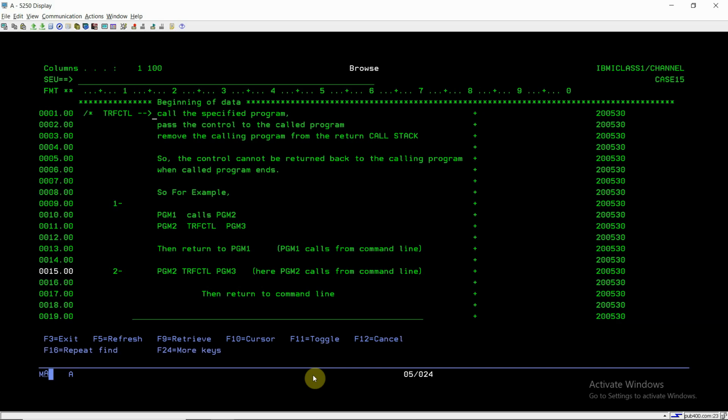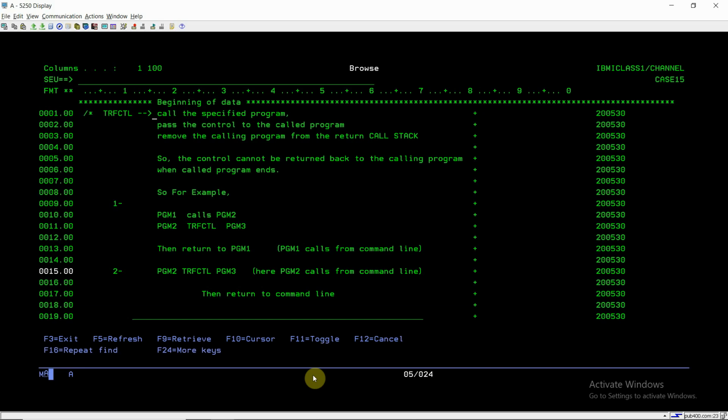Suppose PGM1 uses the call command to call PGM2, and PGM2 uses the TRFCTL command to call PGM3. What happens in this case? The control will be passed to PGM3 from PGM2, and if any parameter was passed, it will be transferred to PGM3 from PGM2.